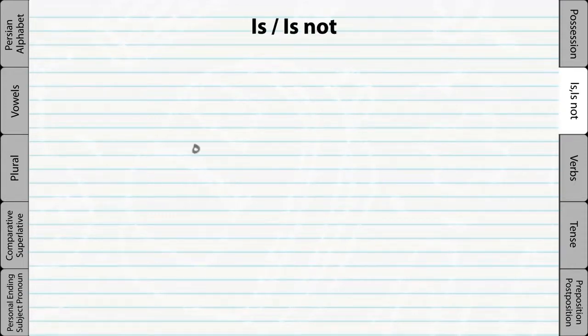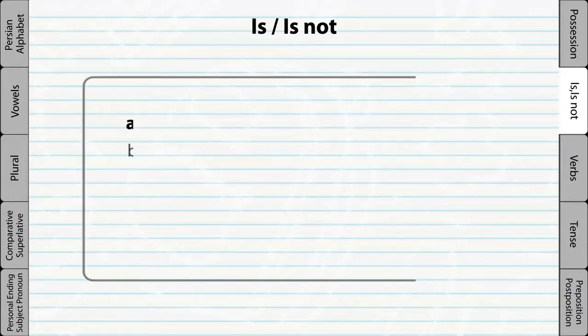In literary Persian, ast and neist are used to say is and is not. But in colloquial Persian, the ast has been shortened to e or ye after vowels. For example,